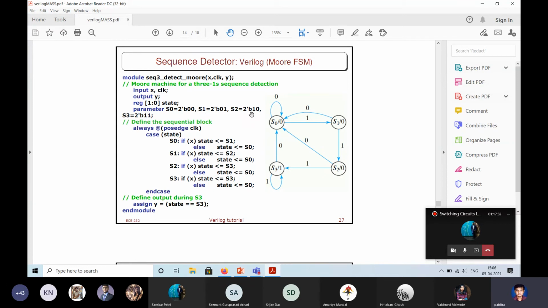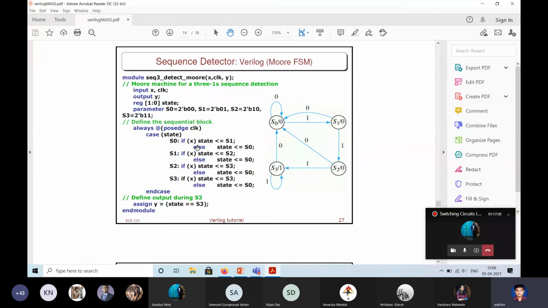Why do you need the state assignments? We need them so that you can write the case statements. These are the 4 possible state assignments for 4 constants, that is, 4 parameters. And then this state is a variable. In the case of state, it matches parameter 0, 1, 2, or 3.